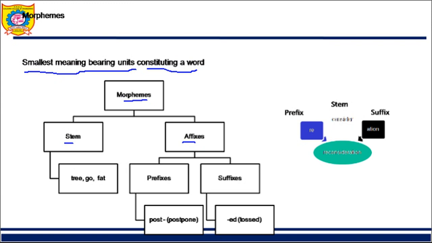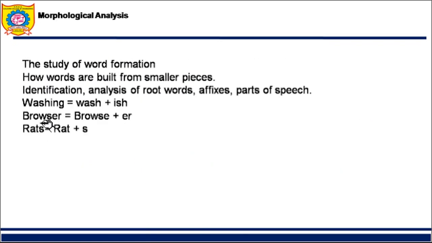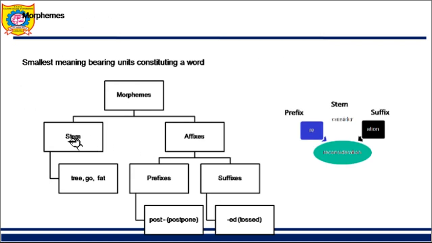Now in our previous example, what was the stem? Our example is rats. So here what is the stem? Rat. What is the stem over here? Browse. The stem word is nothing but the root word, your main word about which you are talking. And so a morpheme consists of the stem and of affixes. Affixes are of two types, as I said, prefix and suffix. For example, if I have the word postpone, post is the prefix. And for suffix, for example, if I add ed, like bored or based, ed is nothing but the suffix which I am adding at the end.